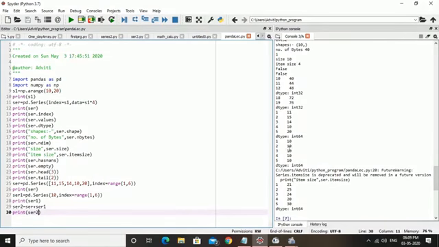Now the next series, SER1, has the data element 10. And then what do I want? Plus. Now look at here, the addition is performed: 11 plus 10 is 21, 15 plus 10 is 25, 14 plus 10 is 24, 10 plus 10 is 20, 20 plus 10 is 30. So in this manner you can perform mathematical expressions or functions.